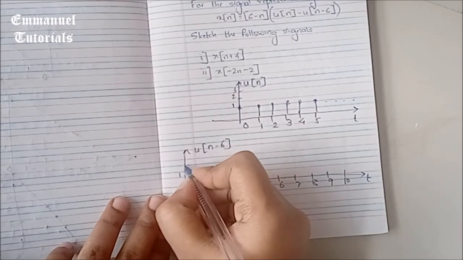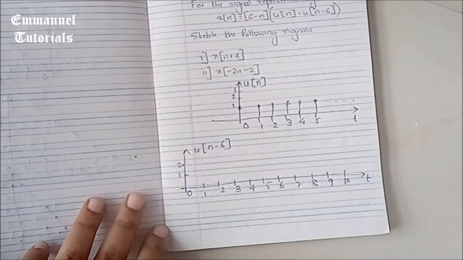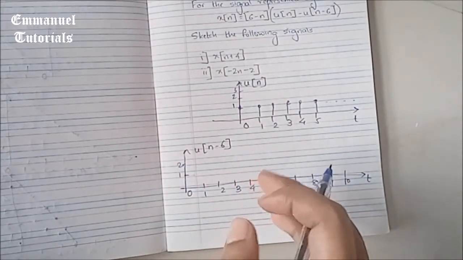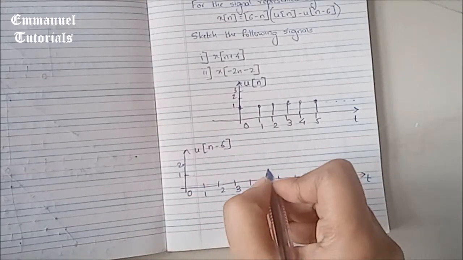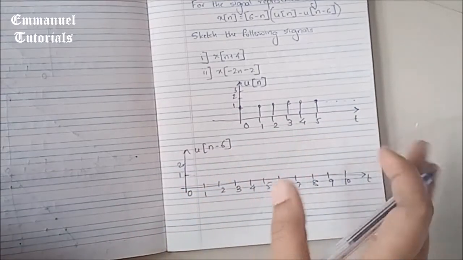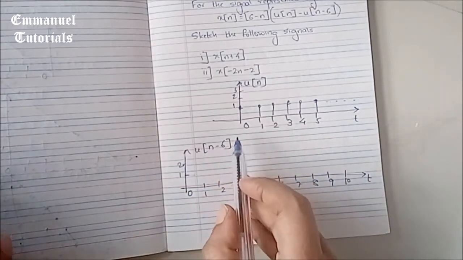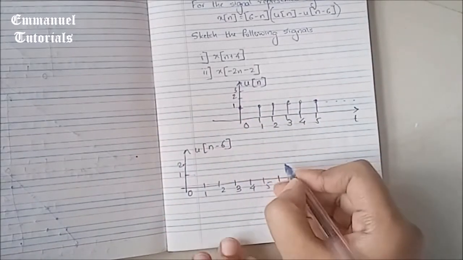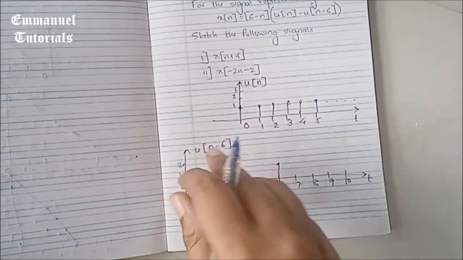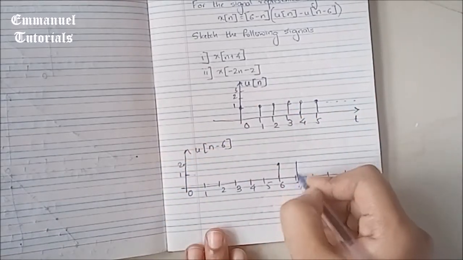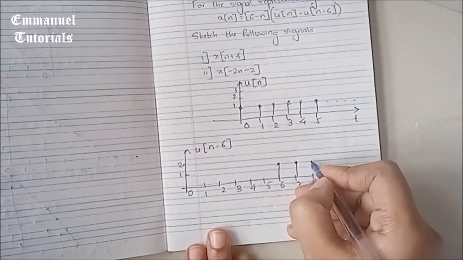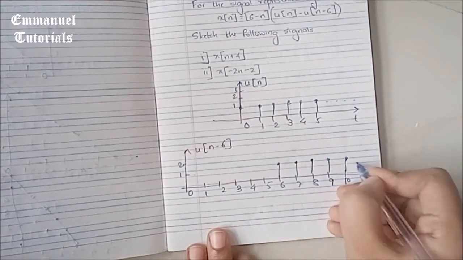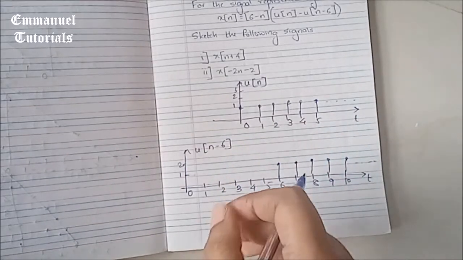Why are we doing this? Because signal is going to get shifted to the right, so we might need to show many more points which are visible to the person who's reading it. So that's why we have drawn a bigger x-axis. Now what we're going to do is shift the signal. So signal at 0 is going to appear at 0 plus 6, which is 6. Signal at 1 will appear at 1 plus 6, which is 7. Signal at 2 will appear at 2 plus 6, which is 8, and so on. This is going to continue. This is u of n minus 6.